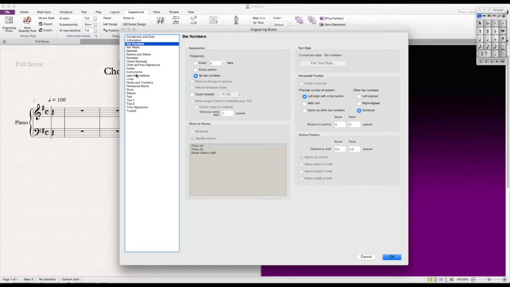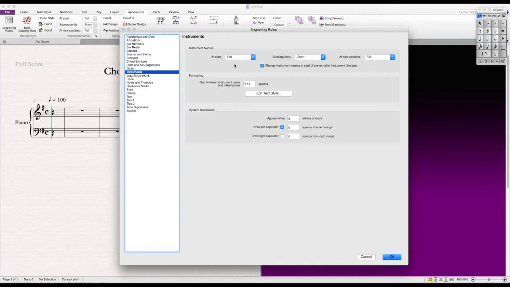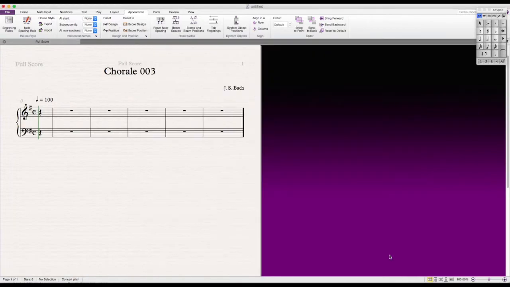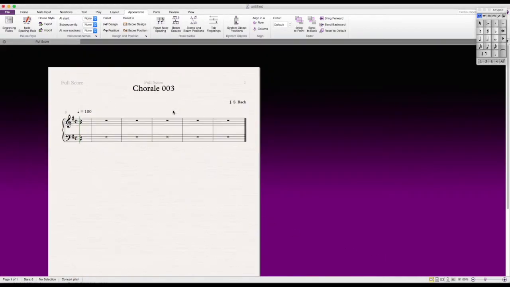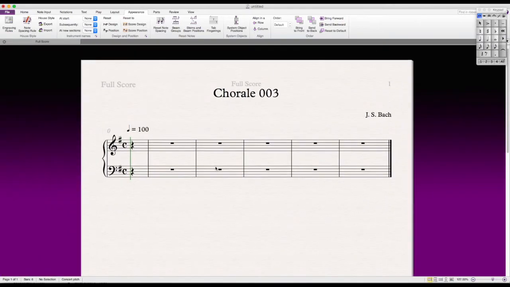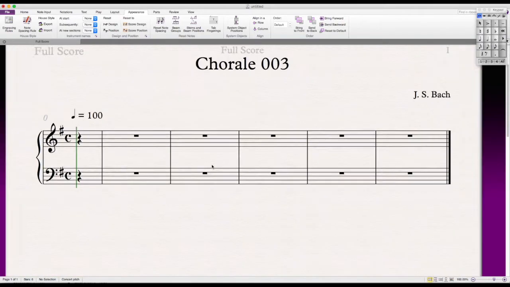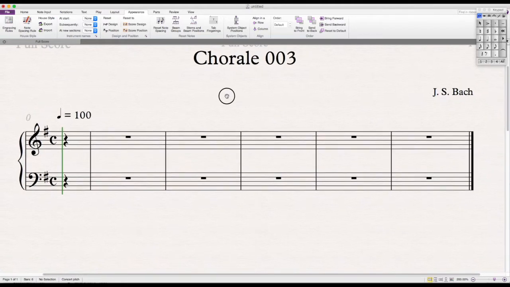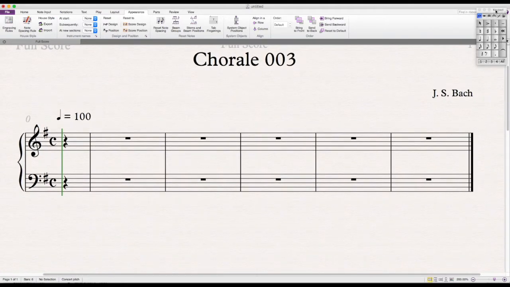Then click Instruments in the list on the left. Since I don't want to show any instrument's name in the score, I should select None in all the views under the Instruments Names group. Then click OK to confirm and we'll return back to the main screen. Also, by pressing and holding the Command or Control key while rolling the mouse wheel, we could adjust the zoom level. We could also click and drag the blank space on the score to adjust its position.